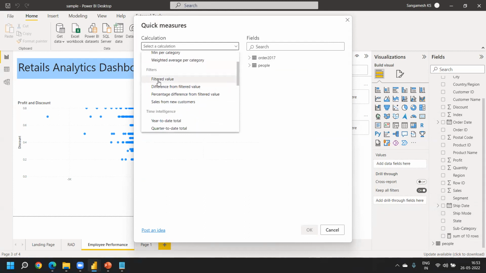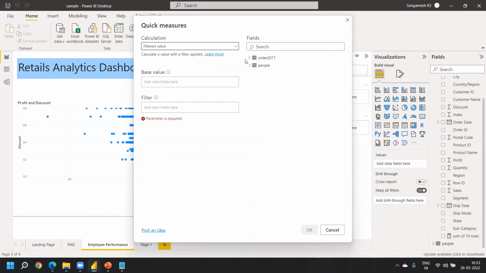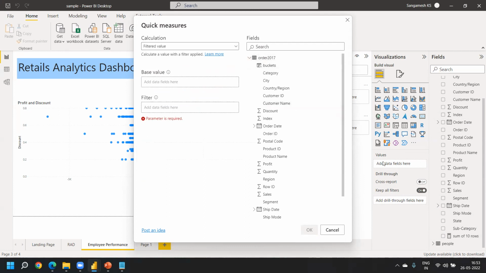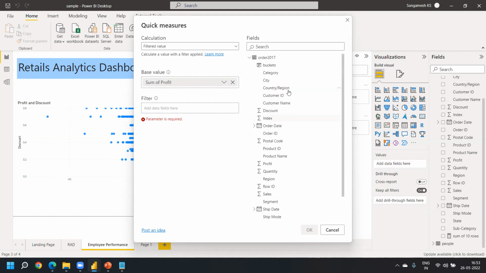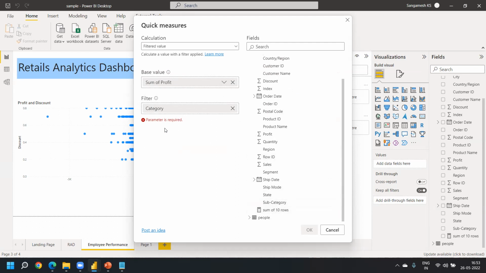तो मेरे पास वेरियस ऑप्शंस हैं, जैसे कि मैं एवरेज कैलकुलेट कर सकता हूँ, मैं यहाँ पे फिल्टर भी कर सकता हूँ। ये जो मेजर है, मैं इसको भी डाल सकता हूँ। नहीं तो ये जो प्रॉफिट है, इसको मैं डायरेक्ट यहाँ पे डाल सकता हूँ, बेस वैल्यू सम ऑफ प्रॉफिट आ गया मेरे पास। दूसरा, जो कैटेगरी है, इसको मैं यहाँ पे डाल सकता हूँ। ओके, कैटेगरी को डालने के बाद, क्यों नहीं आया, आना तो चाहिए था, पैरामीटर इज रिक्वायर्ड।